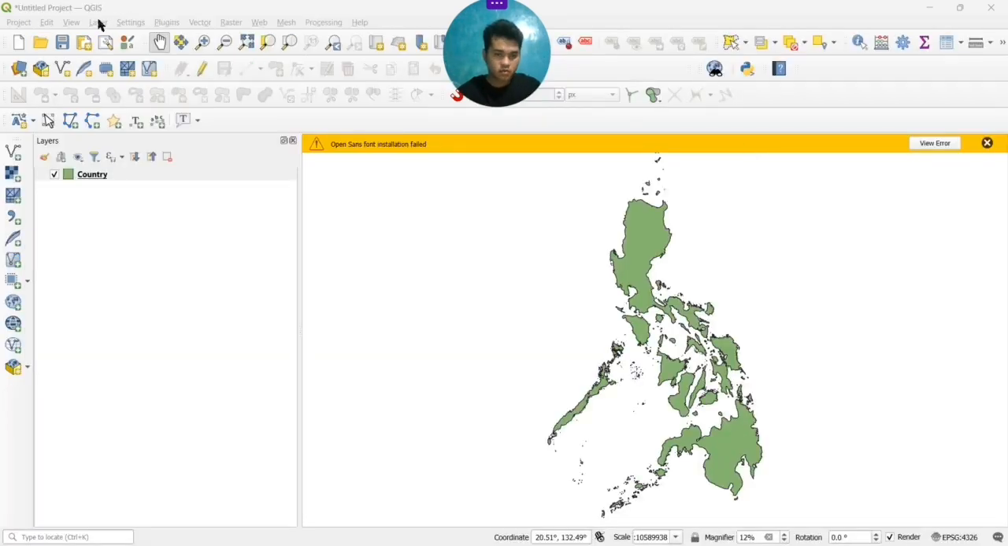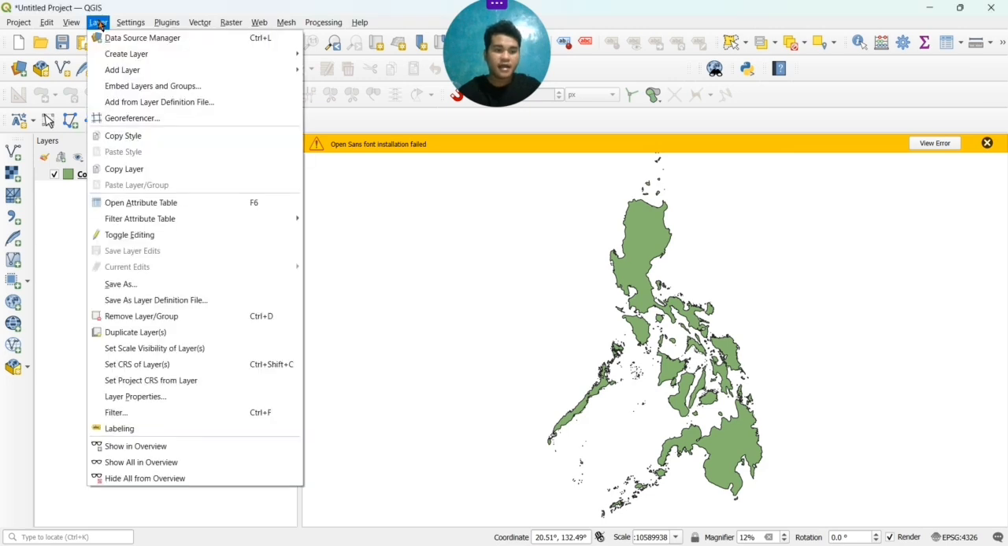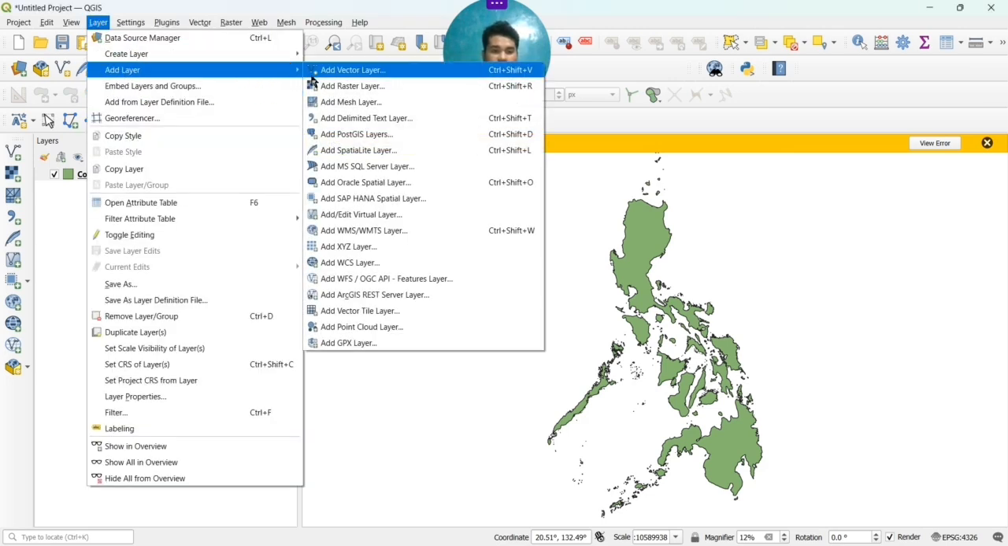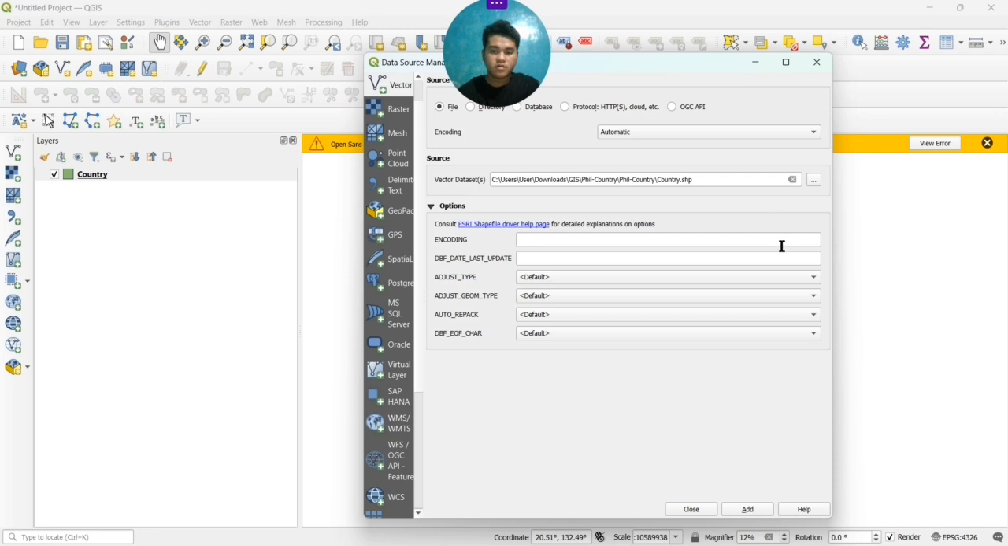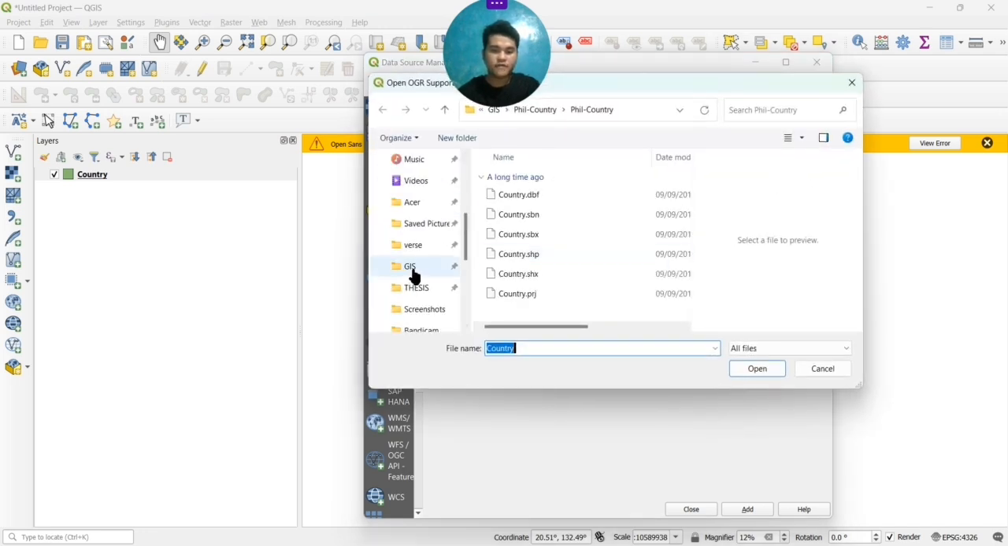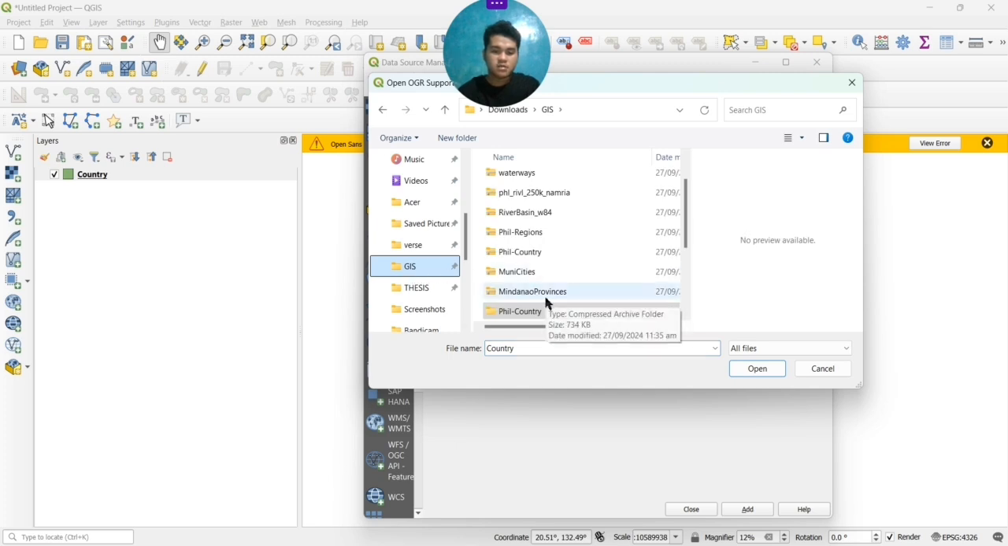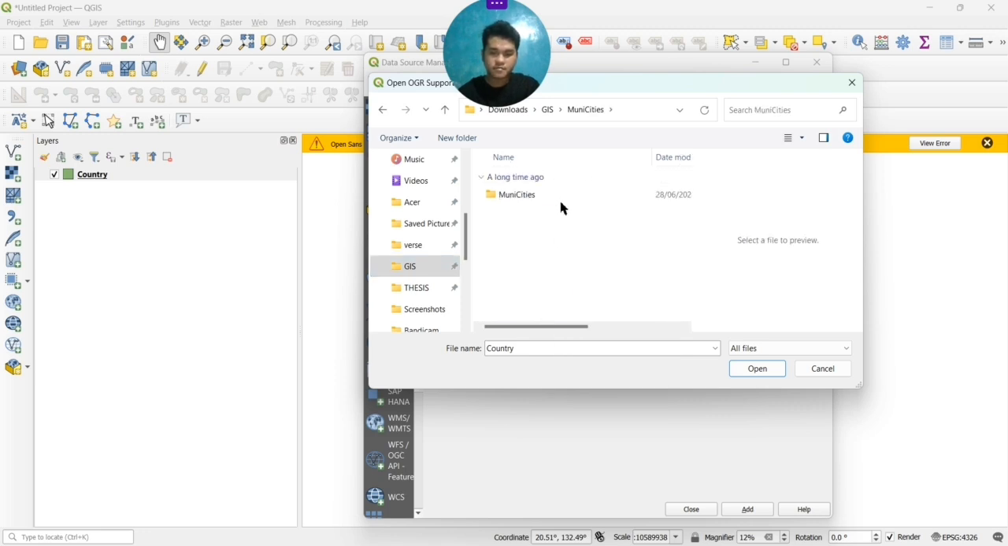So now we will go back to add layer, and add vector layer. Click the vector database, just what we have done last. Now in the JS file, we're already done with the Philippine country. Now we are going to the municipalities. Look for the municipalities file. I just double click it, open, and then